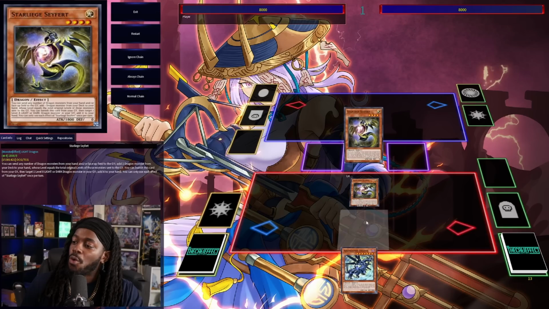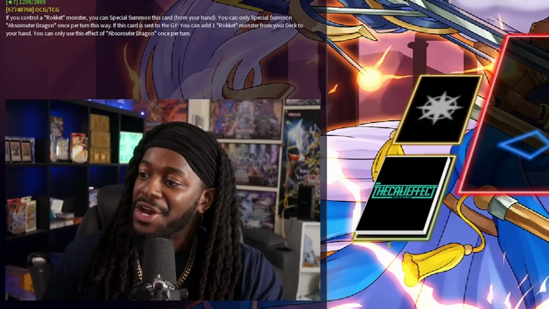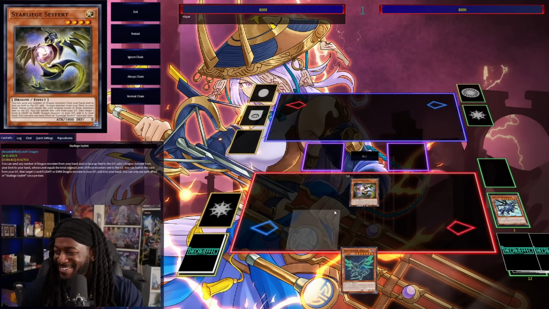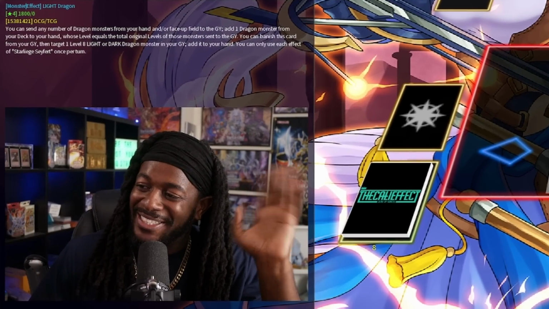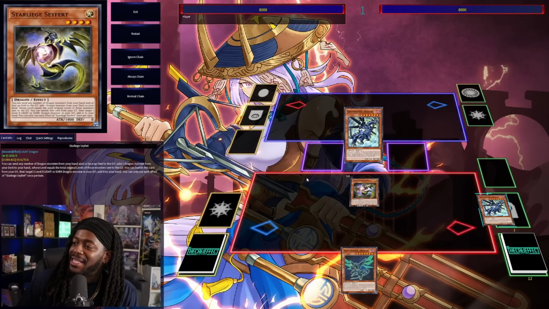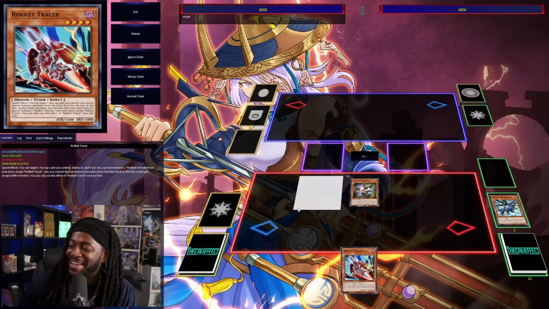I'm going to start off by normal summoning Seifert and then using Seifert's effect. We're not getting rid of it. We'll send the Router to the graveyard to get Noctovision Dragon. Bro, I'm really starting to think that Starly Seifert should be busted. It's just too good. We'll activate the effect of Router Dragon to be able to get Rokket Tracer, and we'll